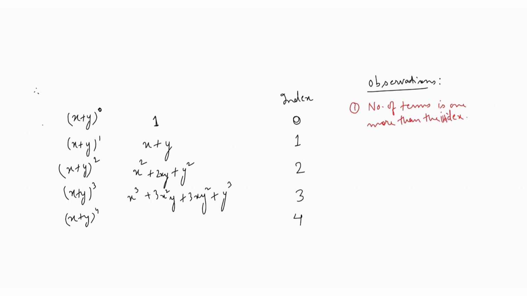If I ask you the number of terms in the expansion of x plus y whole to the power 75, what is the answer? 76. First observation. Done? Understood? Now, second observation. Let us start observing from index 2. This is the first term. You can see the first